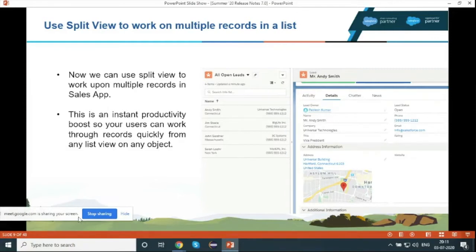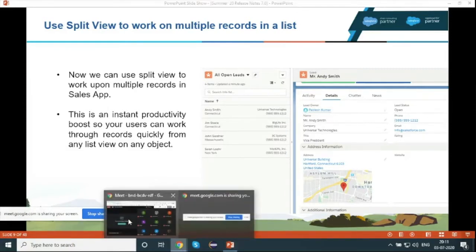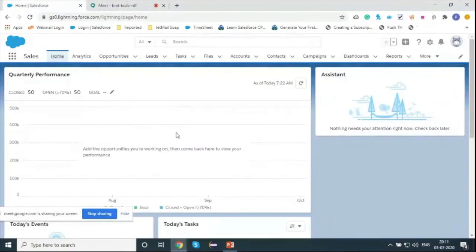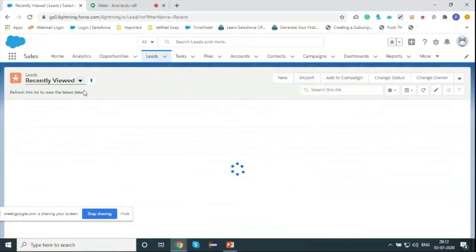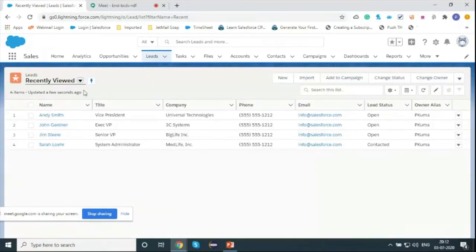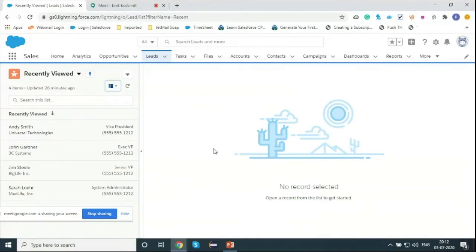Let's talk about Sales Cloud. Here is the first slide of Sales Cloud, the split view. Very interesting feature. Using split view, this is a single pane view where your sales rep can work very productively. In split view, the user has the ability to work with the list view and the record side by side. You do not need to do multiple clicks or multiple navigation to work with the records. Let me give you an example of how the split view looks in Salesforce.